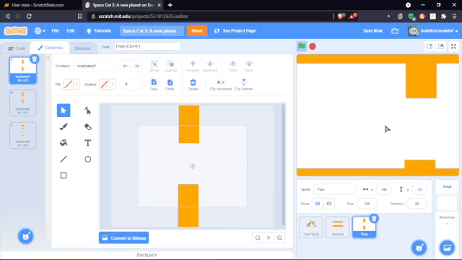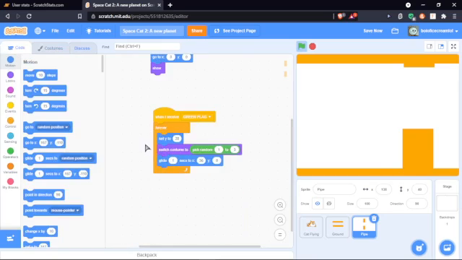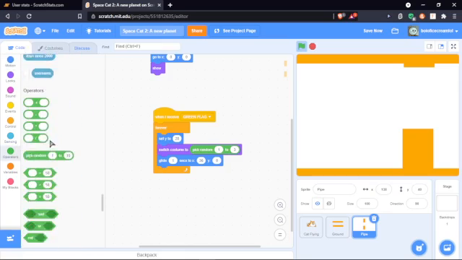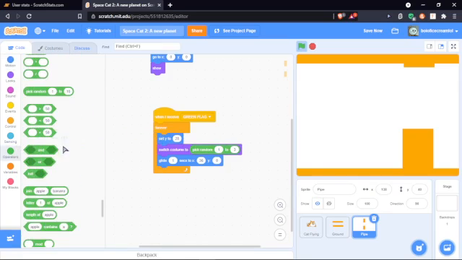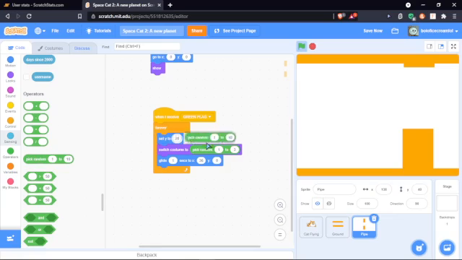So y random from negative 52 to 40. Alright, so set y to pick random from negative 52 to 40. So then glide 1, then, oh, yeah,